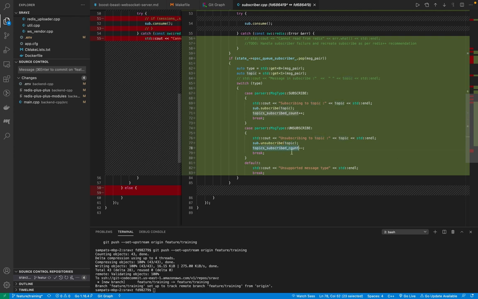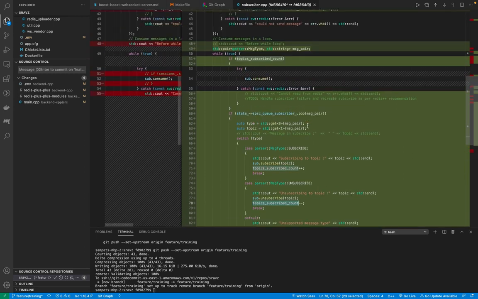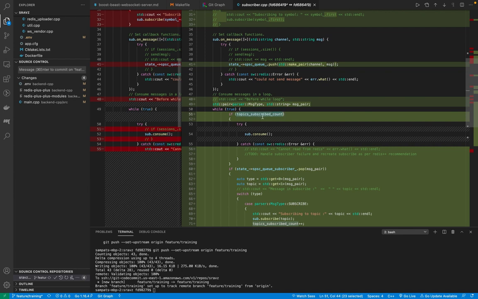Then we create a counter here. We manage this counter, plus plus, minus minus. And if there is any topic subscribed to, only then the consumer will consume. And we set the timer on this to 200 milliseconds. If there's no message, it will exit out. So that way, there are two